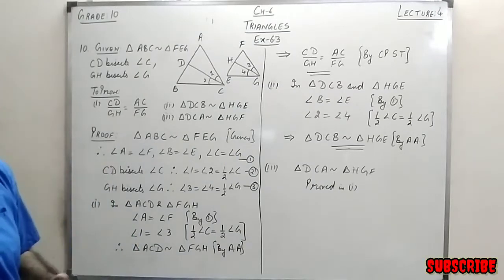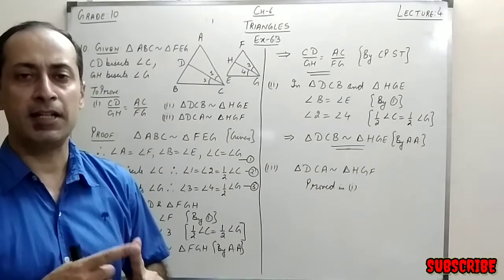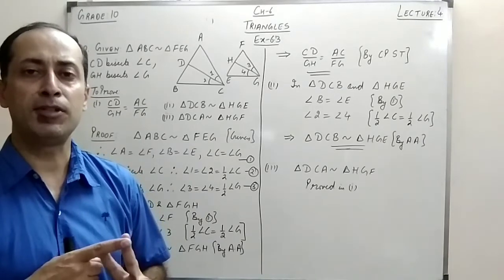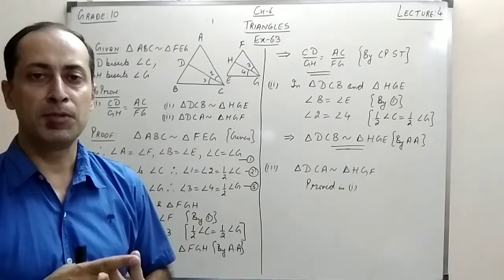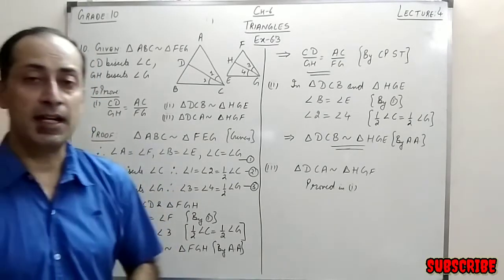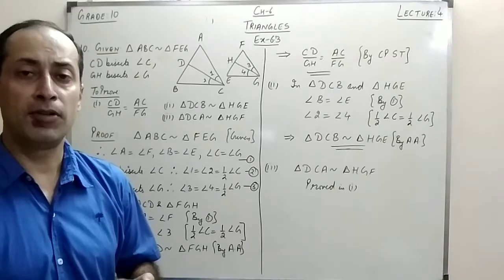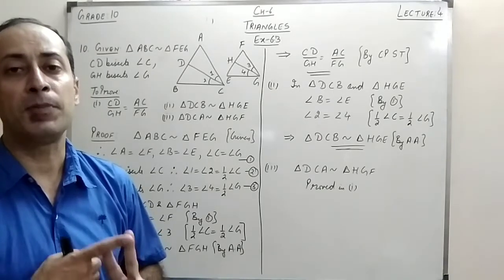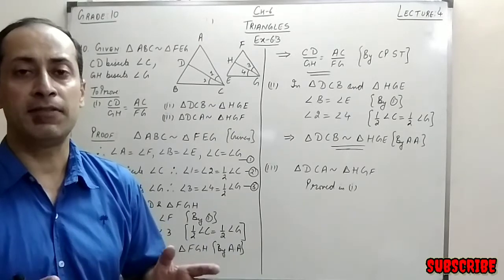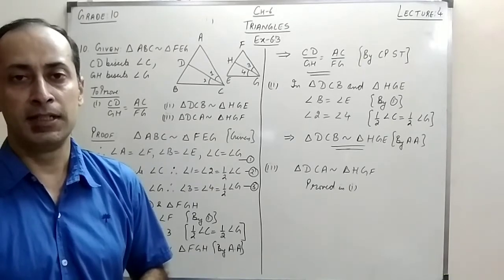Now we have three ways by which we can prove the triangles are similar: SSS similarity, SAS similarity, and AAA similarity. If you see the first two, we require at least two sides' ratios to be equal. But since we have to prove that the ratio of the sides is equal, the SSS and SAS properties cannot be used, because we already have to prove two sides equal. It means what is left? We can only use the AAA similarity criterion for proving the two triangles similar.